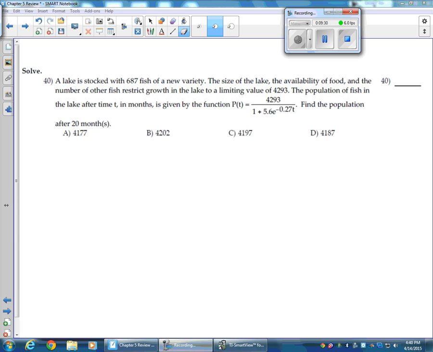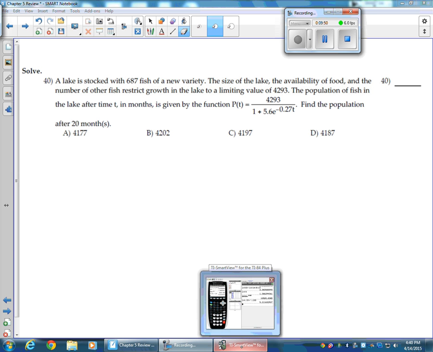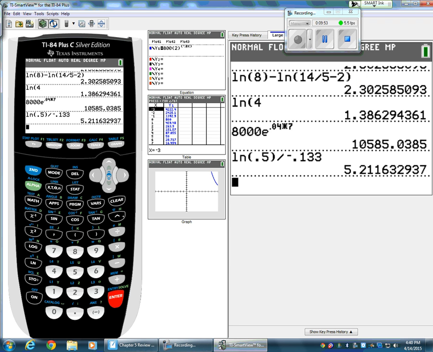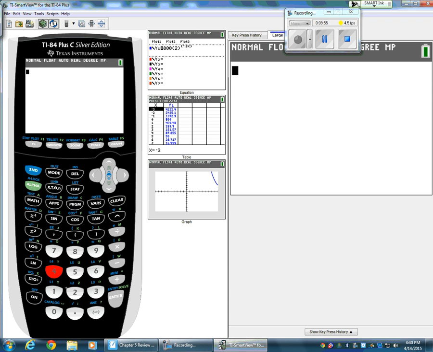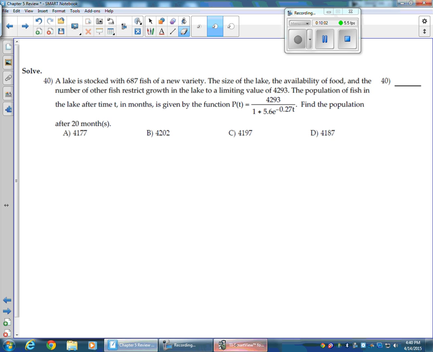All right, the last question, they're just wanting you to plug in. This is a lake stocked with 687 fish. They have a limiting value of 4,293, and the function tells us what the population is after time t in months. So I'm just going to type this in. The key here is to make sure you type it in correctly. So in the numerator, I want 4,293, divided by, and I'm going to put parentheses because there's a lot in this denominator. It's 1 plus